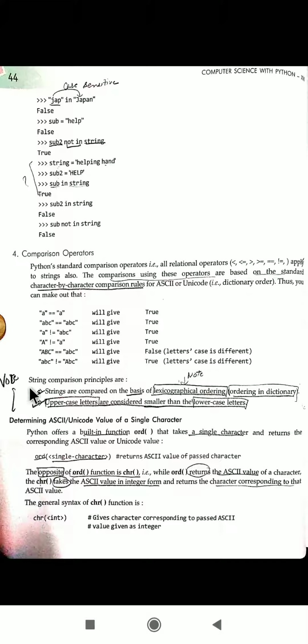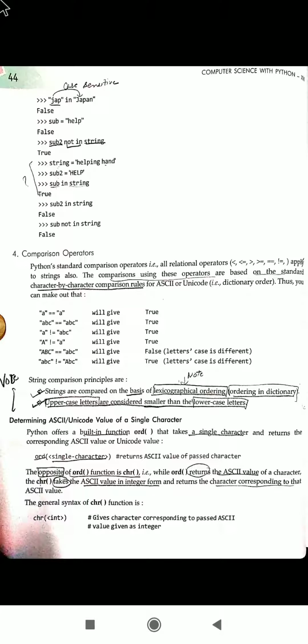Two things we must note down about the string comparison principles. Firstly, the strings are compared in lexicographical order. Lexicographical order states that the contents of the strings are to be stored in a dictionary-like fashion. We know what happens in a dictionary, we have arranged the things in alphabetical order. In a similar way, the contents inside the strings are compared. Fine, they are compared according to the dictionary-like order.